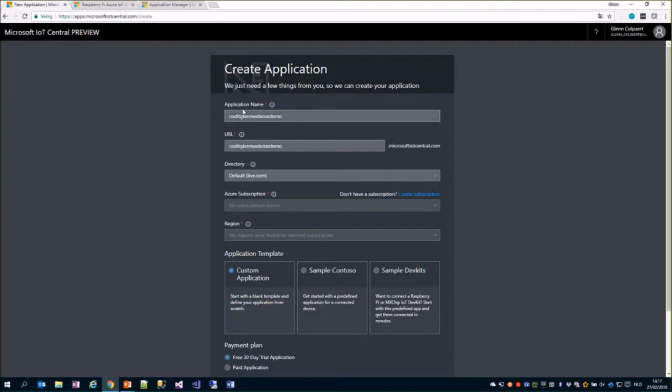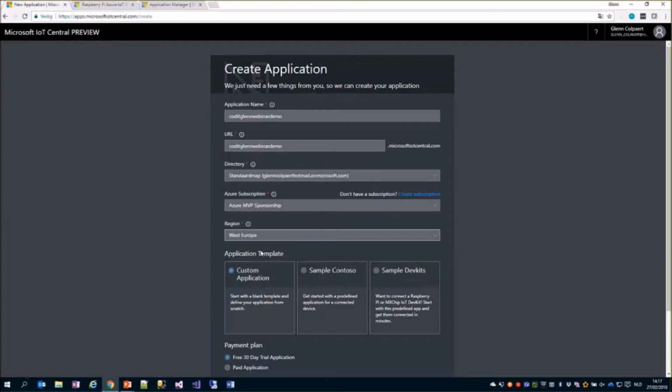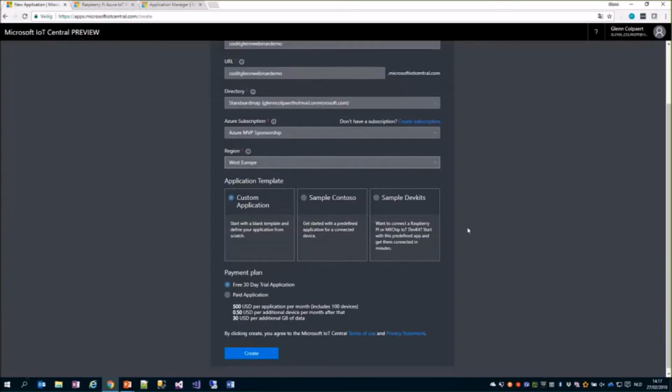So let's give it a name. And then, of course, you have to select your Azure subscription. So let me quickly run through that. I will select my Azure subscription, and then as always, you need to select a region where this application will be deployed. In our case, let's just select West Europe,